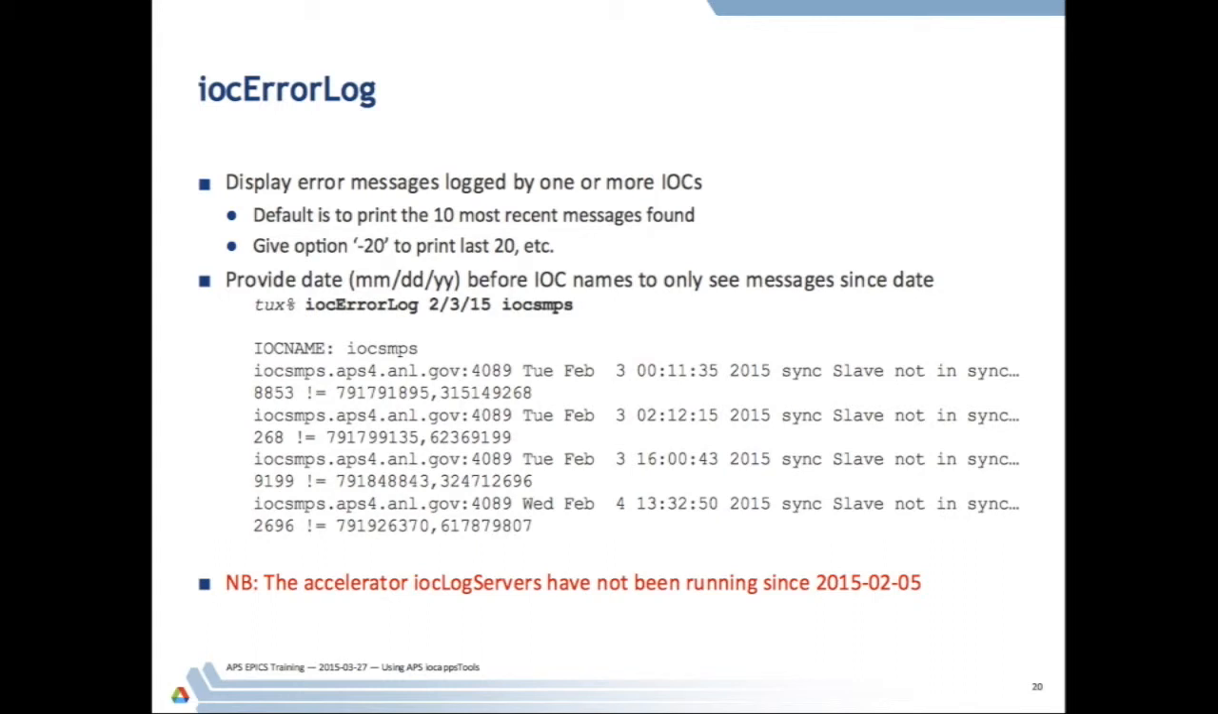One more tool here, which there's a note on at the bottom, is IOC error log. All the IOCs that are configured to do so log their error messages to error log servers. The purpose of this tool is to query those logs and print the most recent messages logged for those particular IOCs. You can specify a date if you want to limit the output to only messages since that date. By default, it only prints the last 10 messages,